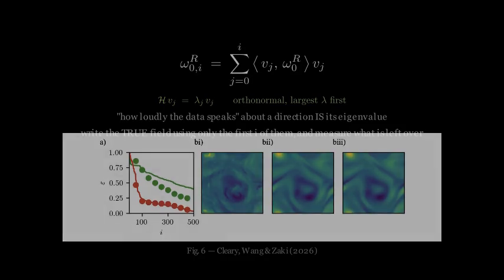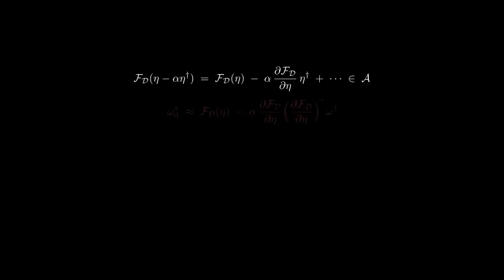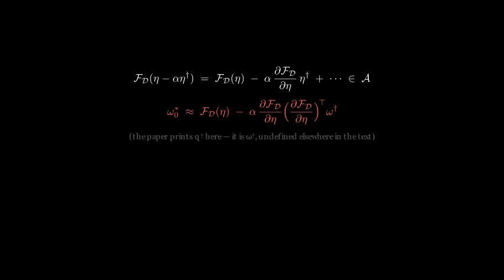And the reason that second basis is better is the argument from earlier, now with the algebra attached. Because the decoder was trained on fields from the attractor, moving a small step in latent space and decoding lands you back on it. Expand to linear order, and the columns of the decoder Jacobian are precisely the directions that stay there. So the update actually applied in state space is the ordinary state adjoint, hit by the Jacobian times its own transpose. That object is a projector onto the sheet's tangent space, and what it removes is exactly the part of the correction that pointed off the sheet, the part built out of delta functions.